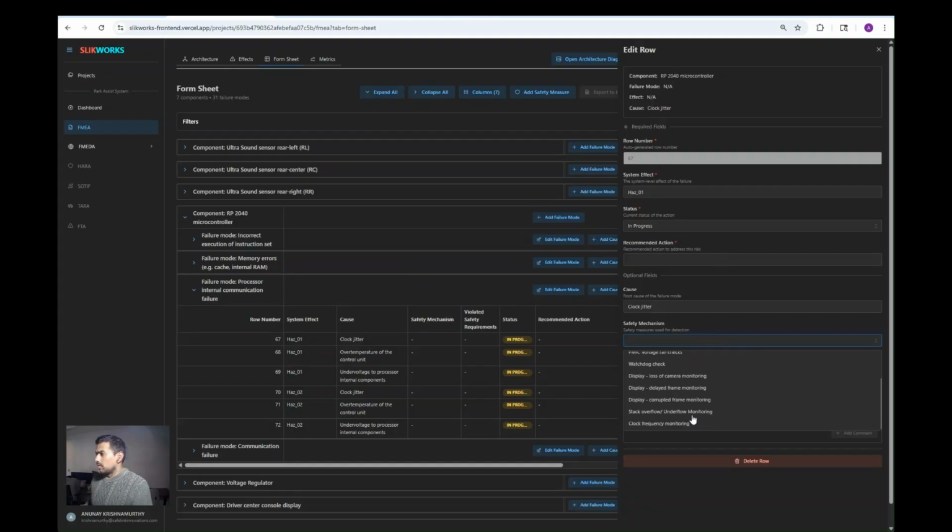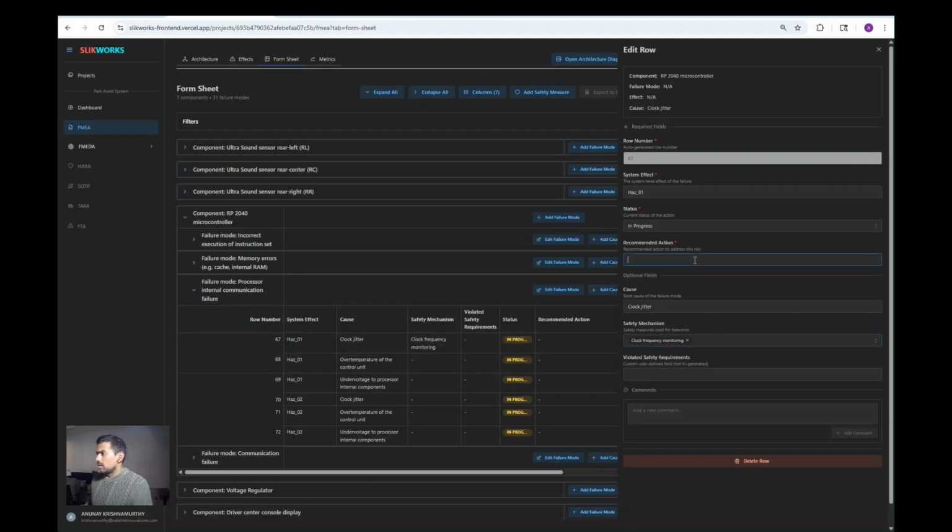Then over here, we could say this is the safety mechanism. Recommended action is new safety mechanism is added. And under violated safety requirements, here we can have